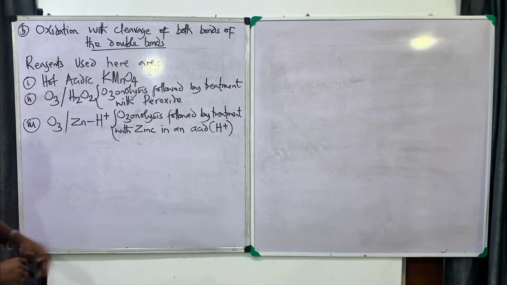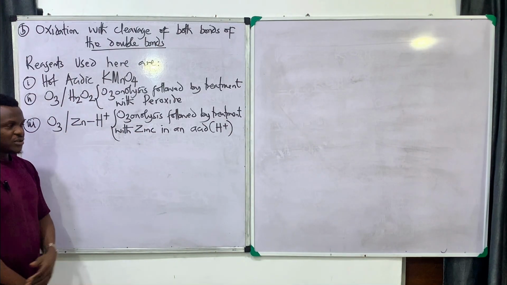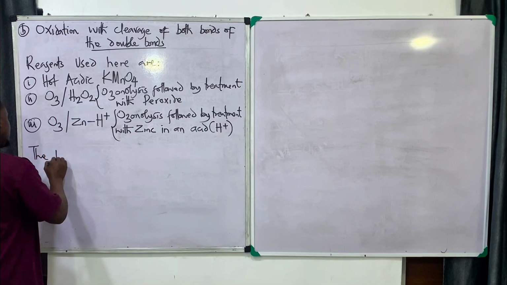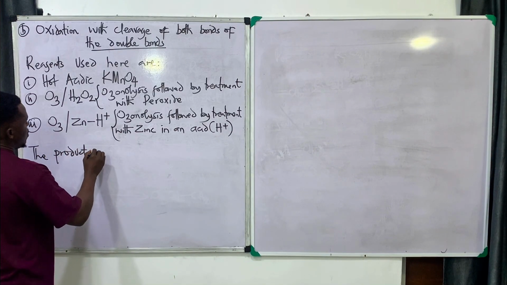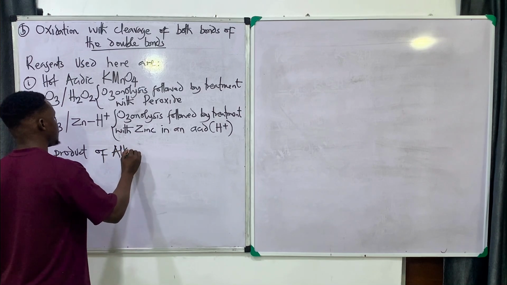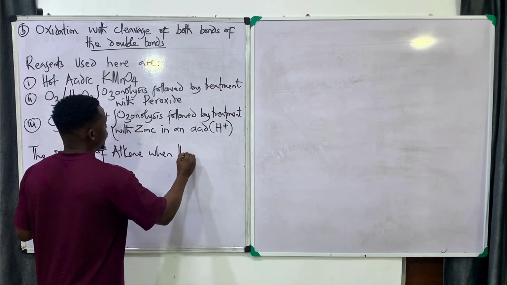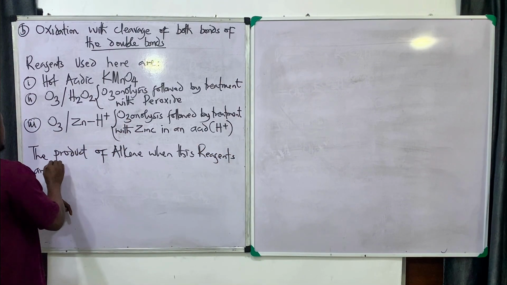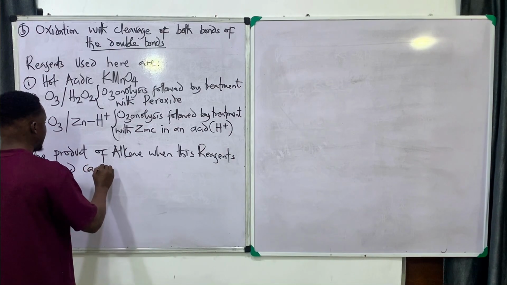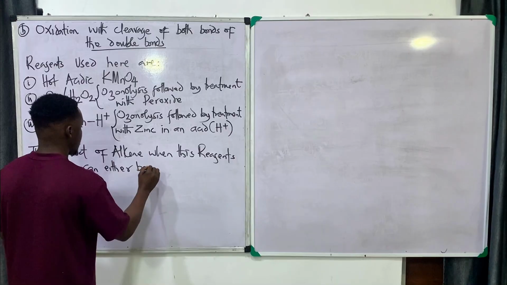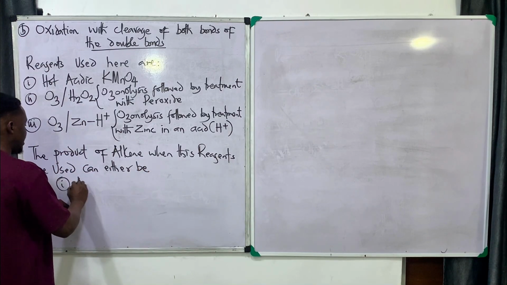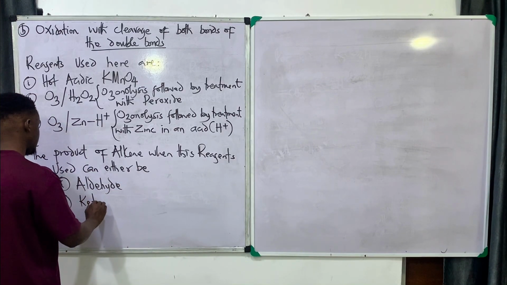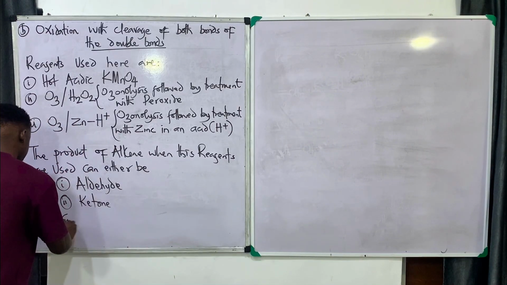So these are the 3 reagents. If you use any of these 3 reagents, the double bond is going to be split into 2, right? So the products of alkenes, when these reagents are used, can either be aldehydes, ketone, or